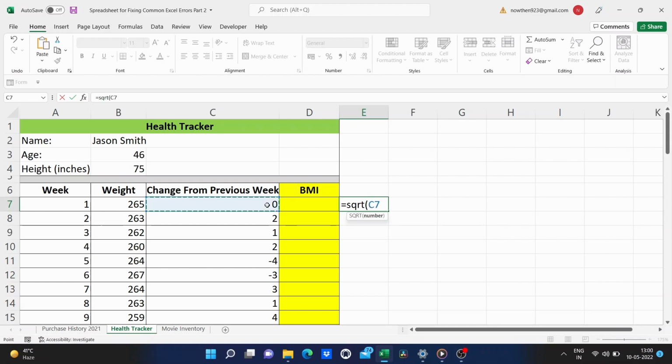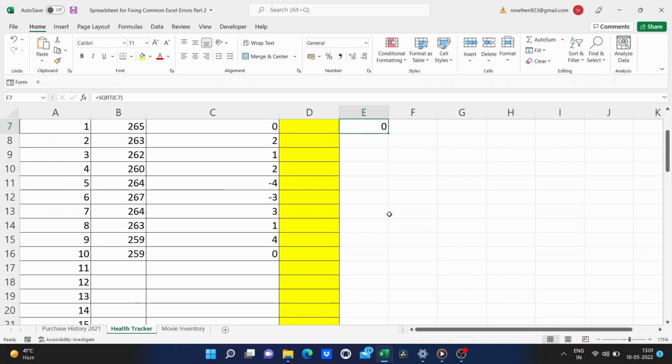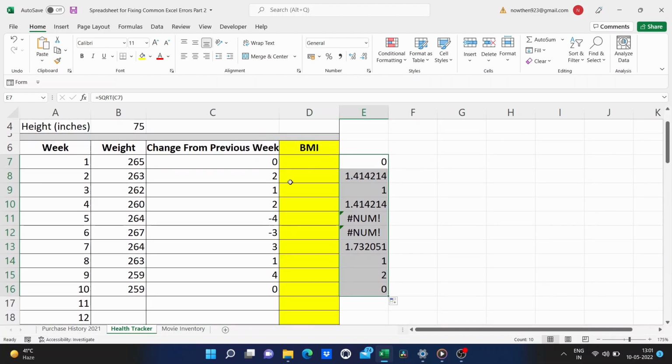So I'll click here on the number 0 in this case. But it's actually clicking not on the number but on the cell reference C7. And then I'll tap enter on the keyboard and then you've got the results. Square root of 0 is 0. Now I'm going to use the autofill handle, this little green square in the lower right corner of the cell. I'll just click on that and hold the click and drag down the page. And it copied the formula down and it worked beautifully except for a couple of num errors.